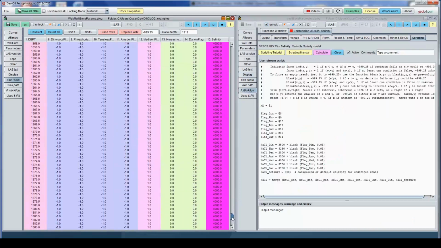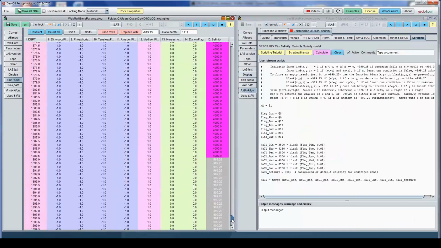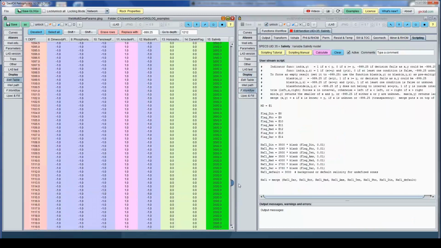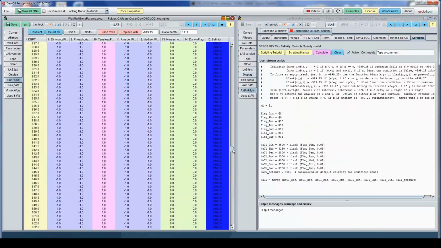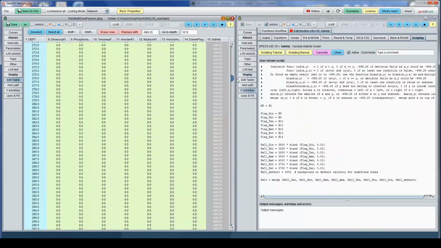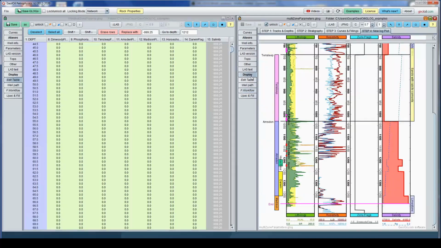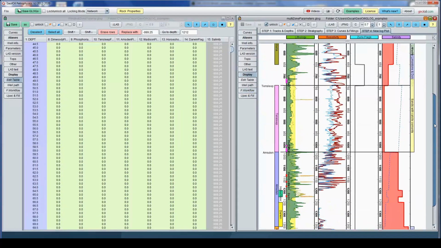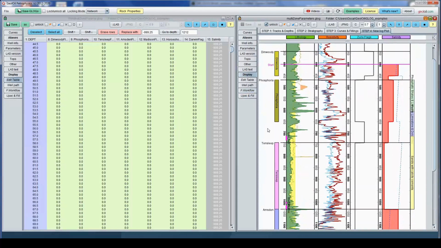And then Madison, this 4000. Now, we don't like those gaps. So we need to process water saturation or many other properties. We must have a salinity here. There are ways to do that. One way is to completely define the stratigraphy, and it will fill, then you won't have any gaps or any minus 999.25 salinity.